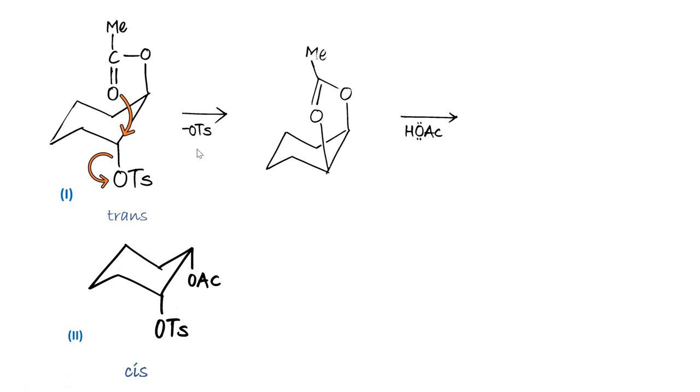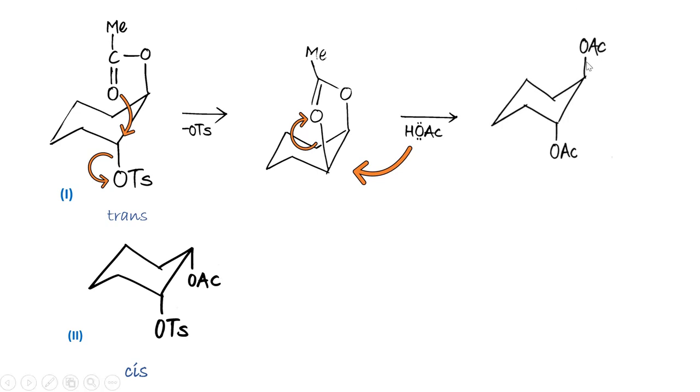Next, in the case of acetolysis, the acyl oxygen will attack the carbon from which the tosyl group was eliminated, on that same carbon, and the electrons shift onto the oxygen and restoration of configuration takes place. So you will get this type of product. In this product, the OAc group and the second substituted acyl group are present at trans positions.